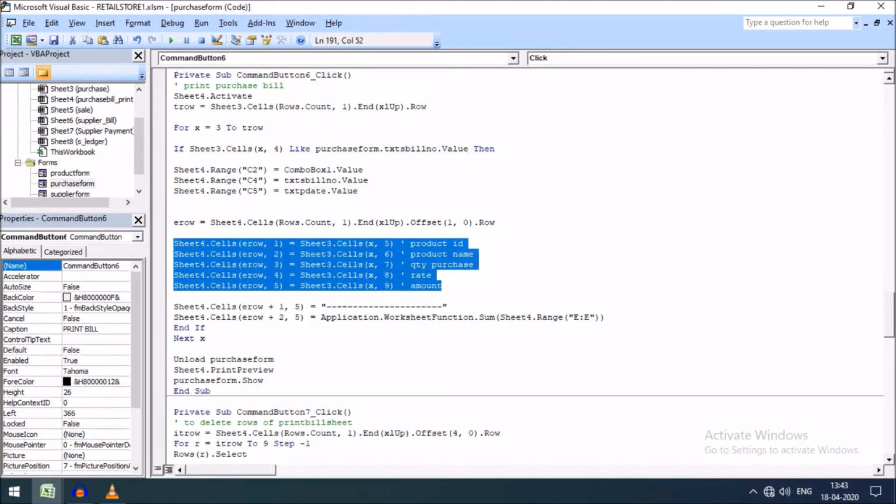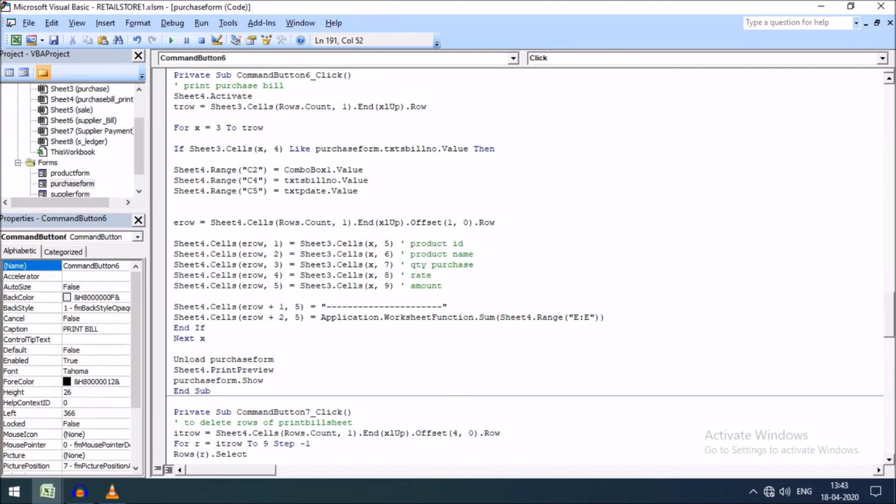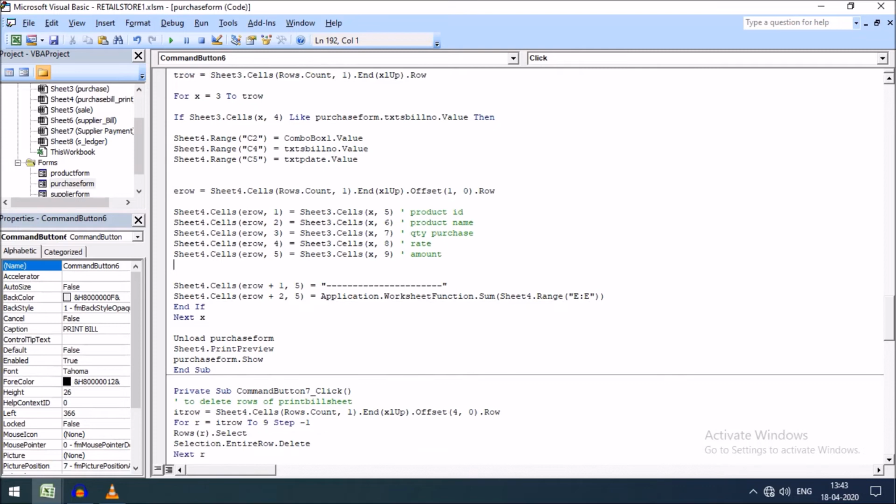Thus friends, I have printed all the required columns in my sheet 4, that is the print sheet.